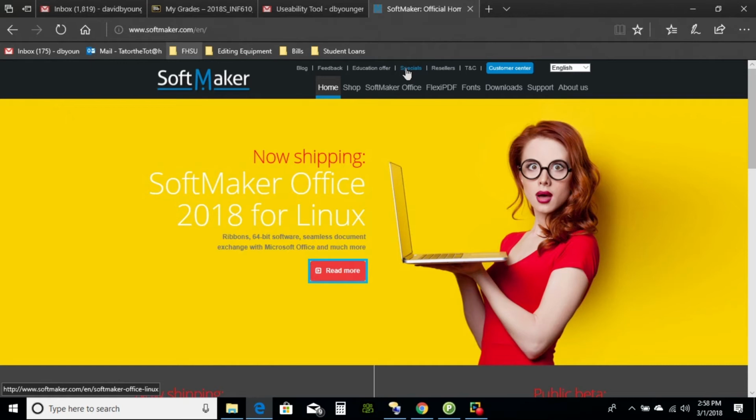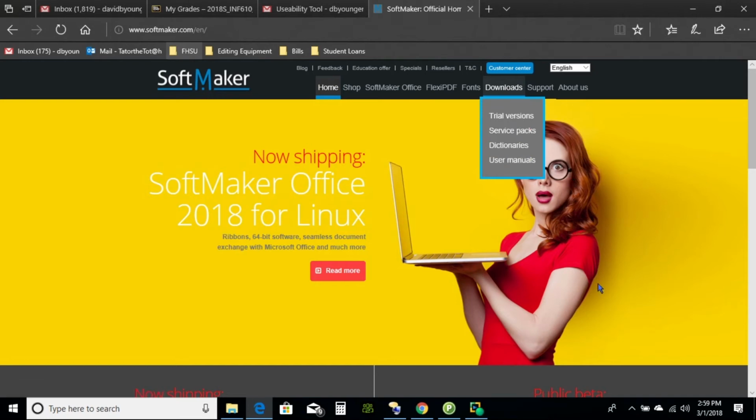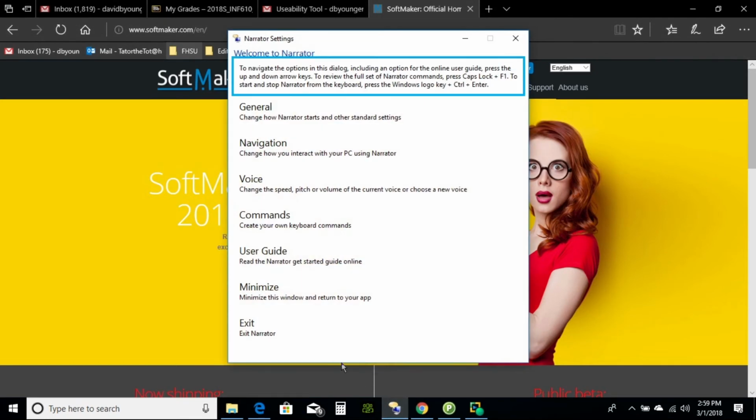Read more. Link. Value http://www.softmaker.com/n/softmaker-office-linux banner download